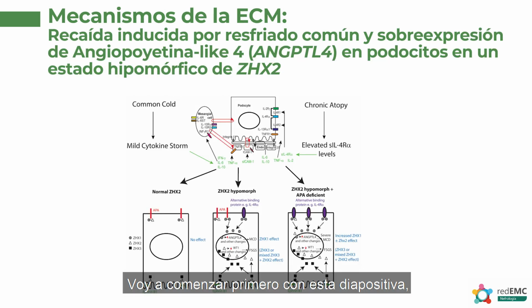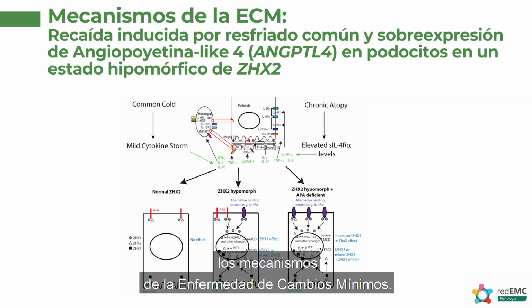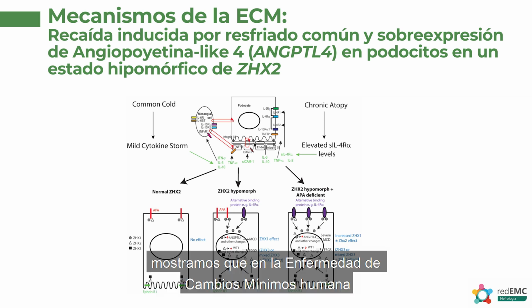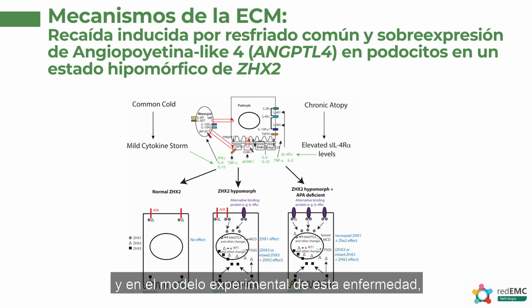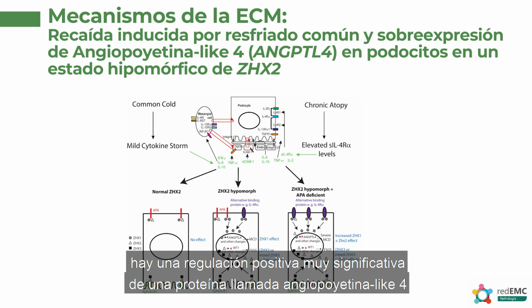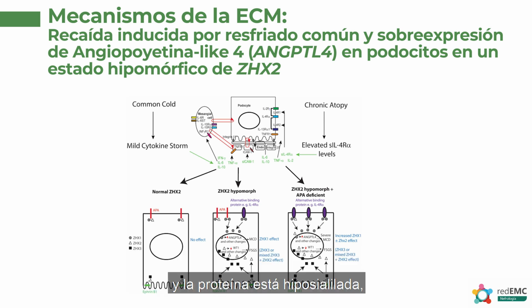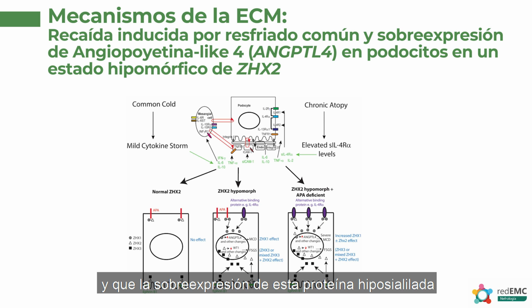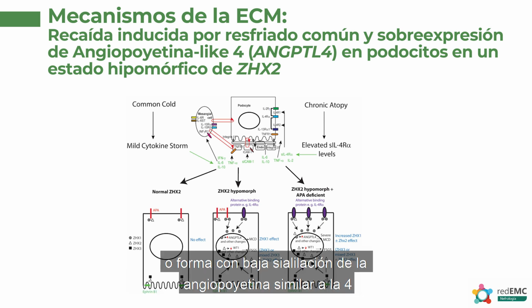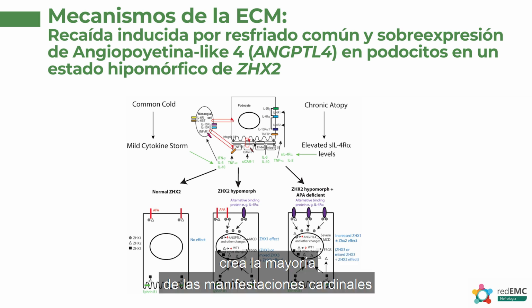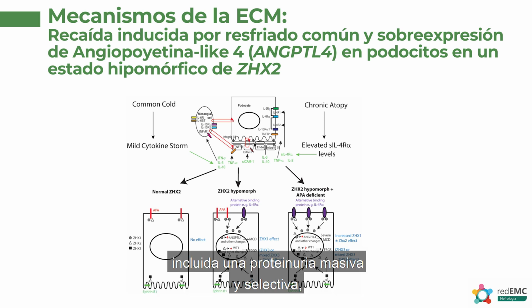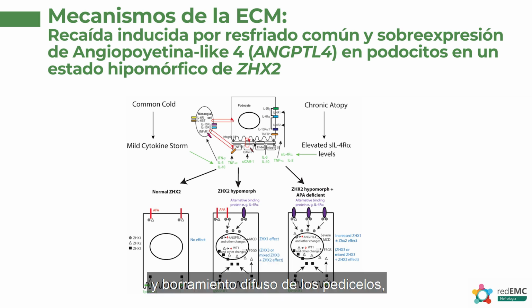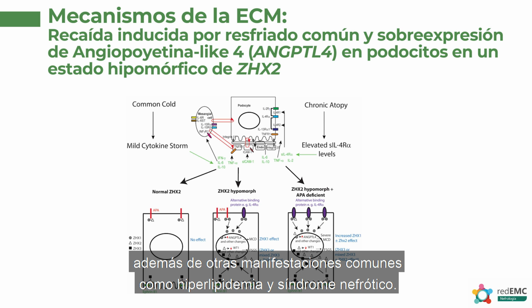So I'm going to start first with this slide, which goes into the mechanisms of minimal change disease. Way back in 2011, in Nature Medicine, we showed that in human minimal change disease and experimental minimal change disease, you have very significant upregulation of a protein called angiopoietin-like 4 in podocytes, and the protein is hyposialylated, which means that it has fewer than normal sialic acid residues. The upregulation of this low sialylation form of angiopoietin-like 4 creates most of the cardinal manifestations of human minimal change disease, including massive and selective proteinuria, loss of glomerular basement membrane charge, and diffuse effacement of foot processes, and the other common manifestations of hyperlipidemia